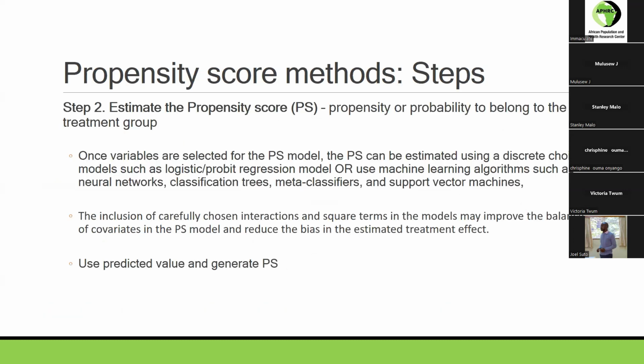So, the second step: okay, you have already selected your covariates. Now you want to estimate the probability. So for example, diabetic is a function of, okay, logit. You put the outcome as diabetic and